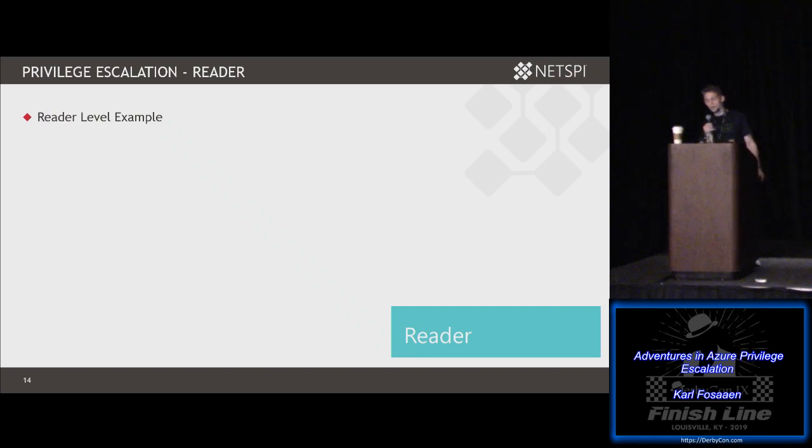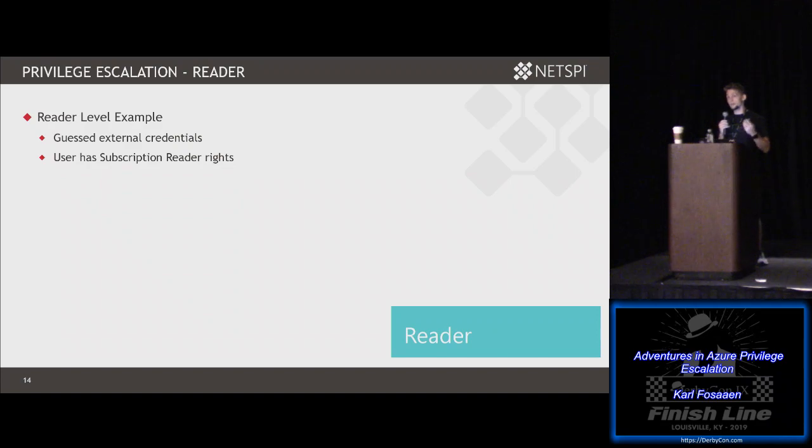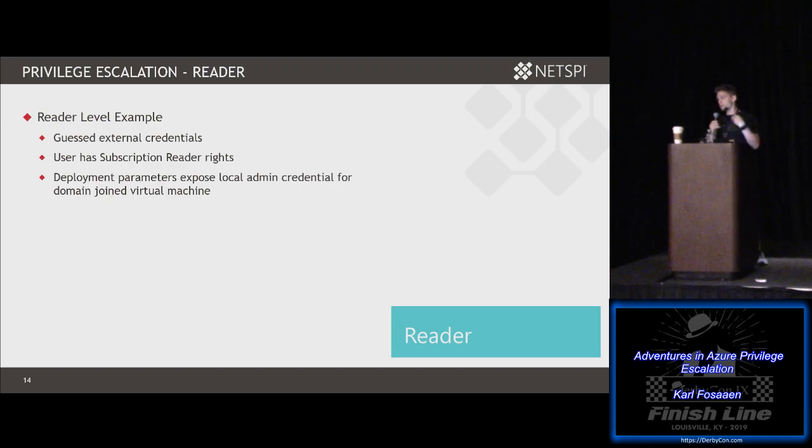All right, so that wraps up some of the basics of a reader, but we'll give you a quick escalation example that we'll walk through as we continue the escalation path here. Starting with a reader level account, we guessed external credentials, we'll say summer 2019, and got access to the portal. That user has subscription level reader rights, not just individual resources or resource groups. We're able to read out all of the deployment parameters for all the resource groups, and grabbed a local admin credential for a domain joined virtual machine. And what we do